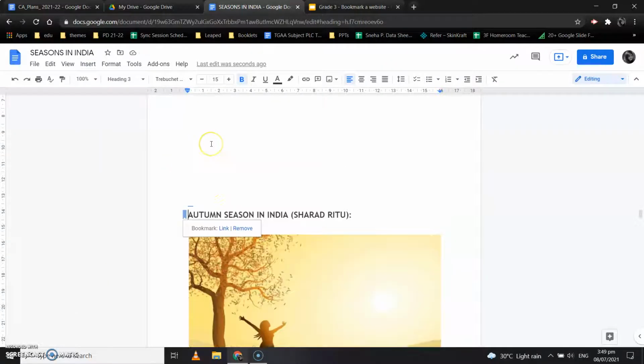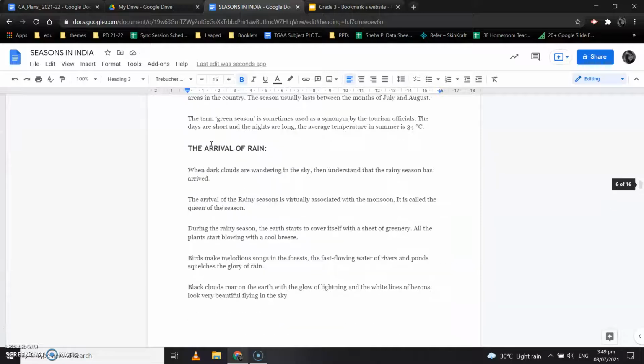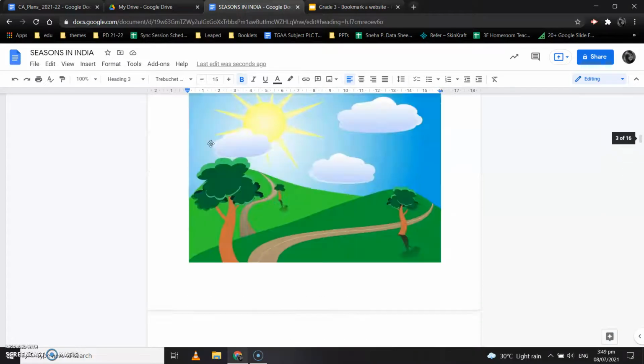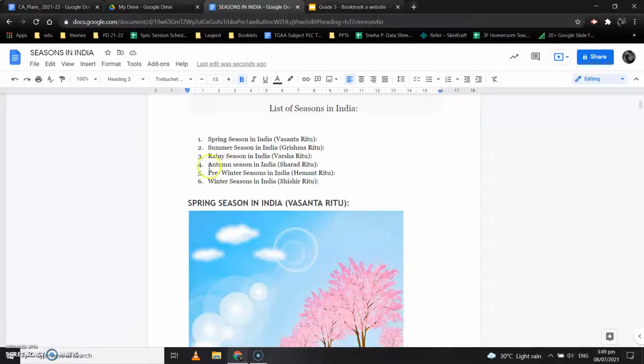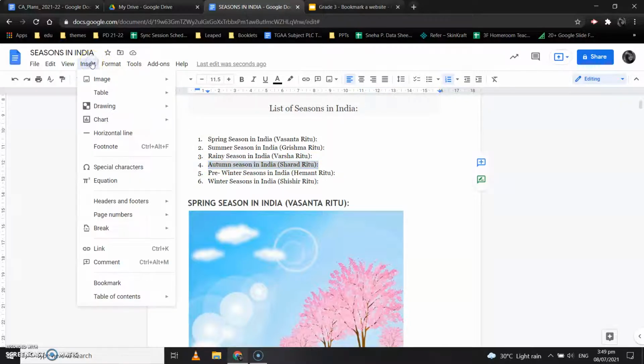Okay, now the next thing that you need to do is go back to the index. Okay, here is the index. Now what we want is, when we click on this text, we should directly go to the autumn season in India, the information about the autumn season in India, right? So we will select the text and then click on the insert menu. We will click on link